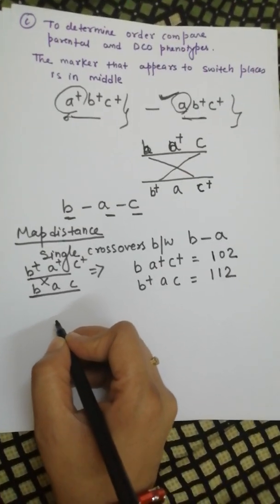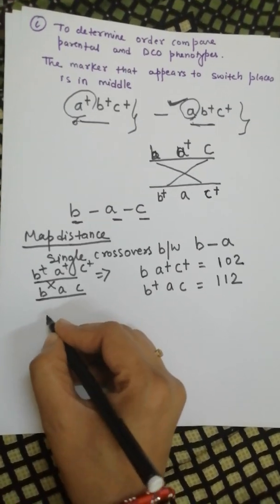So to find map distance between B and A, the formula is